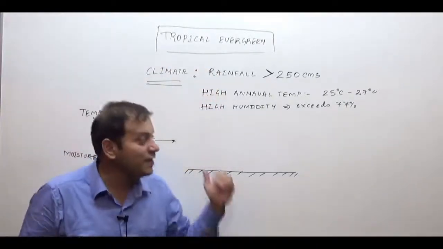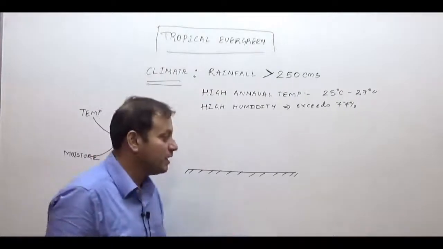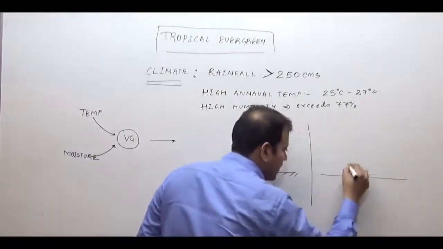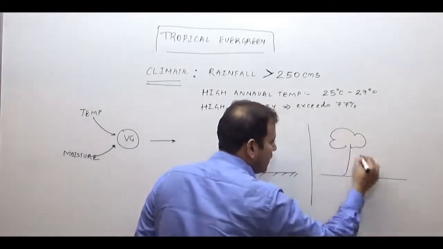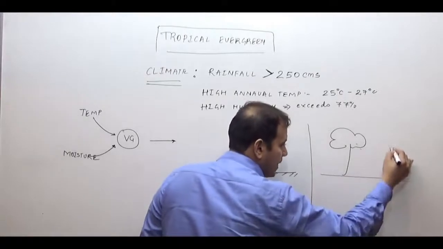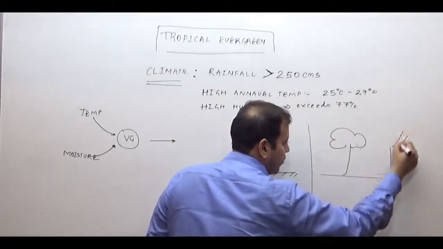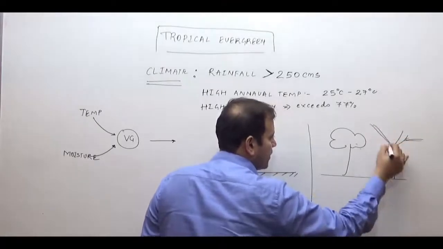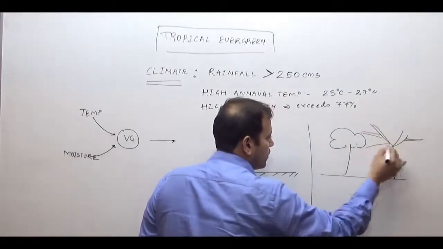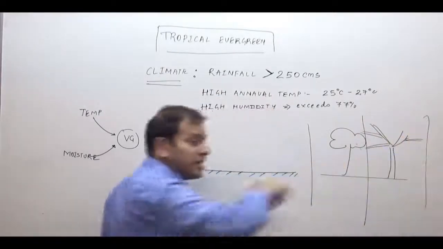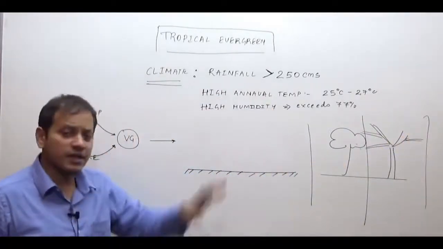On the other hand, if moisture is not available, the trees in this region will start shedding their leaves. So the trees look bare in the regions of insufficient moisture. We call such bare trees, which shed their leaves or throw away their leaves,